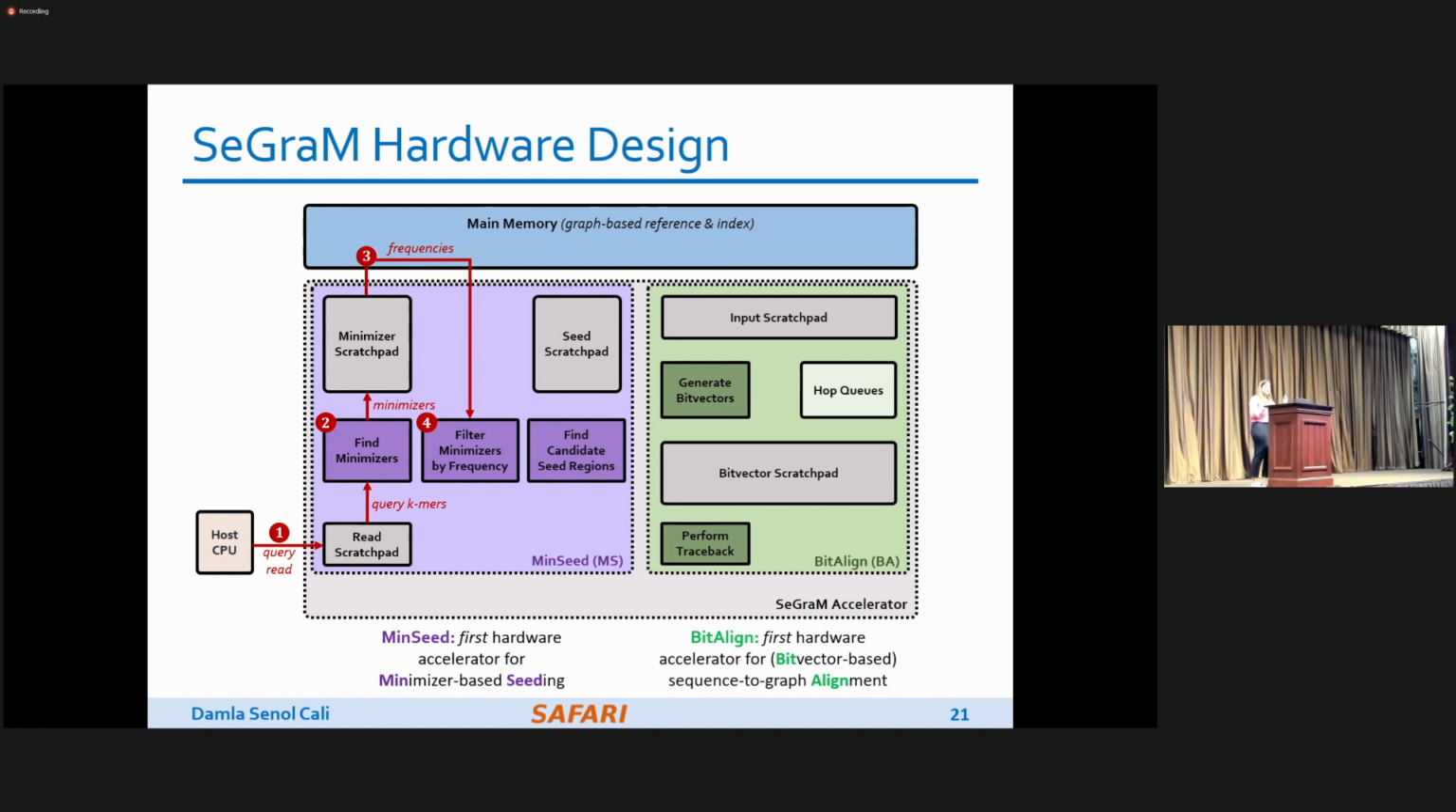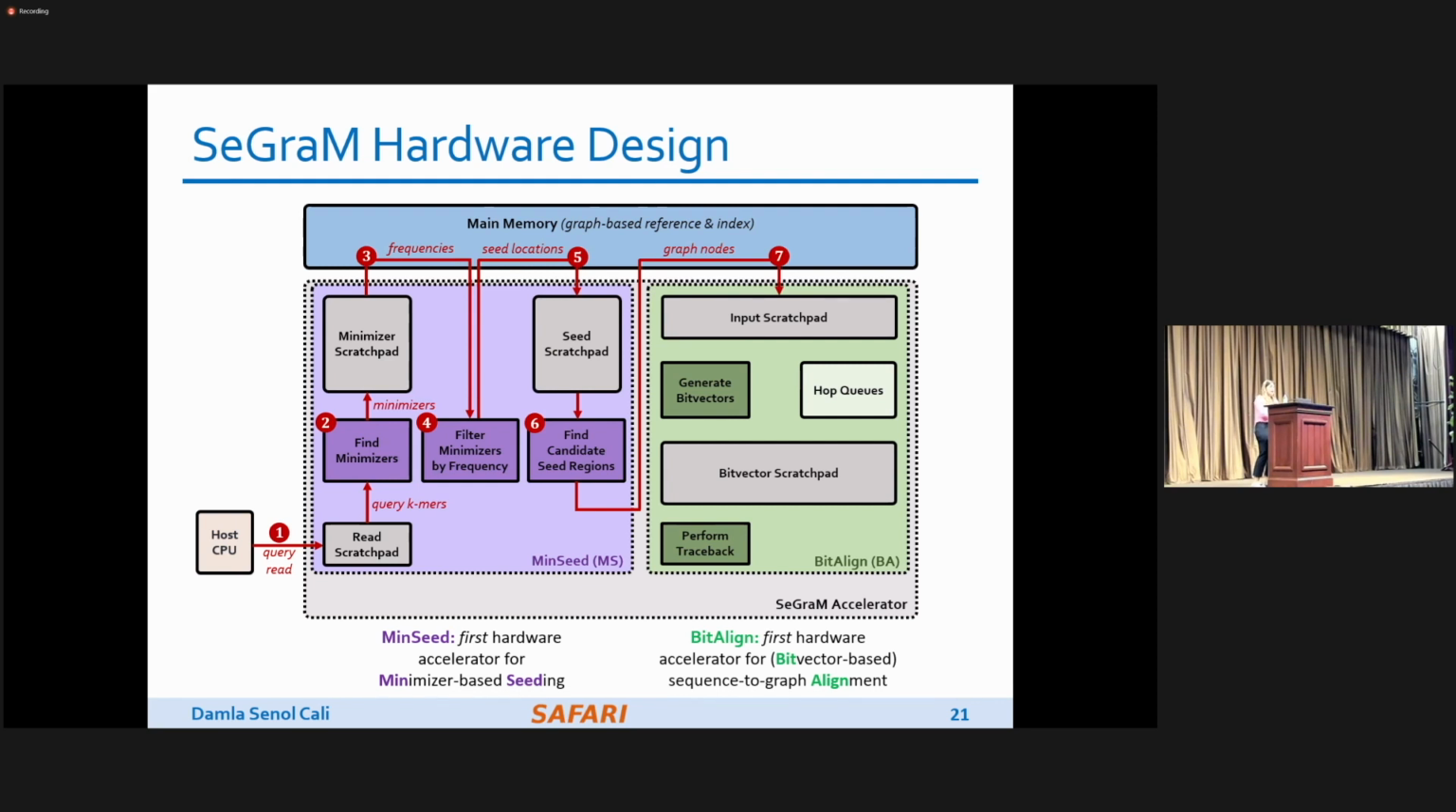And here we aim to select the least frequent minimizer so that we can decrease the burden on the alignment step. Next, MinSeed fetches the seed locations of the remaining minimizers from the main memory and writes them to the seed scratchpad. And finally, MinSeed calculates the candidate reference region, which is the subgraph surrounding the seed. For each seed, it fetches the graph nodes from the main memory and writes the nodes to the input scratchpad of